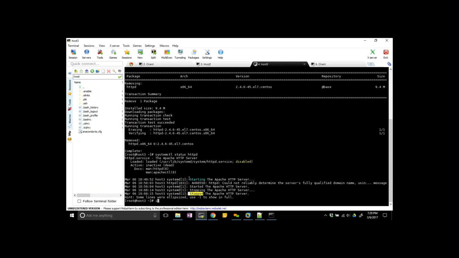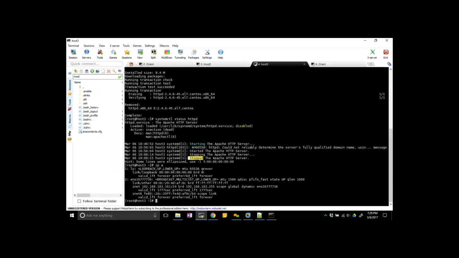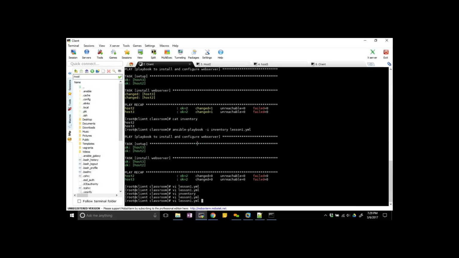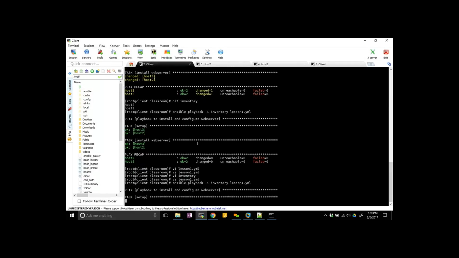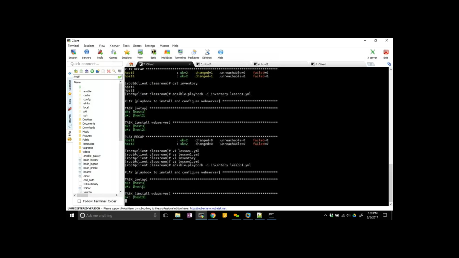Okay, let's run this playbook again. I'm using the same ansible-playbook command, running this file again. Now it's running on the web servers. So what do the web servers contain? These two servers.